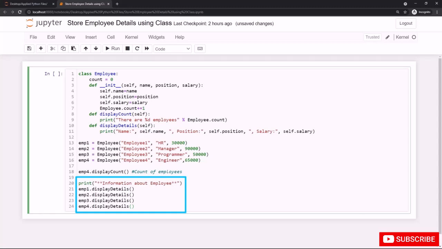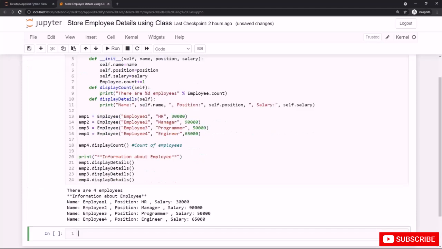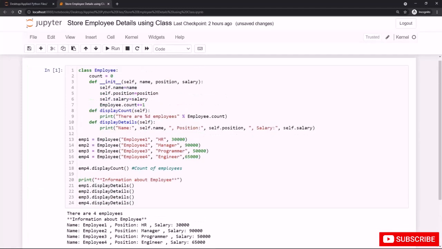That's it simply. Now let's hit shift enter or shift return to show the output. You can see the output here. The first output is the count of employees using the calling of the display count method by using the class called employee with the object called emp4. We created that instance emp4 based on the class called employee, and we call that method from that class to display the count of employees, which is there are 4 employees in the output, as you can